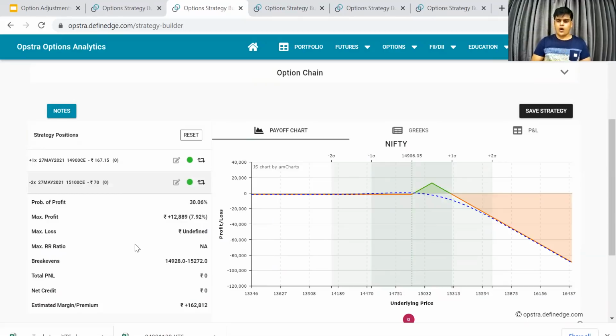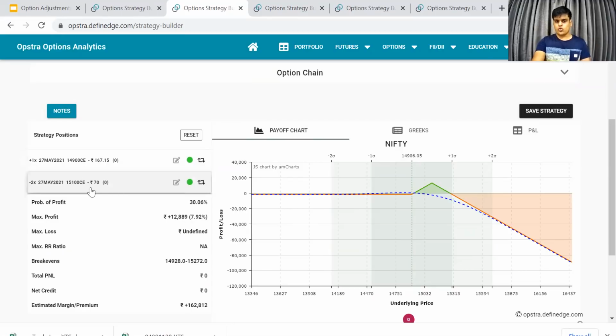So this has to be done. So avoid ratio spreads if you are a beginner, because the loss is unlimited on both sides. And if you're doing it, do it intraday only, don't carry overnight. But you can see that this has to be done when you think that a certain level is a resistance level. Suppose you bought this call, right?